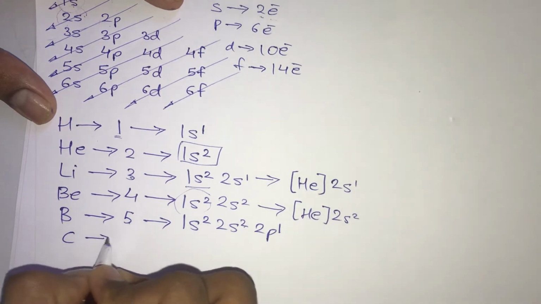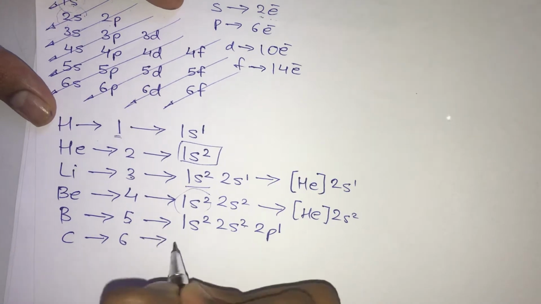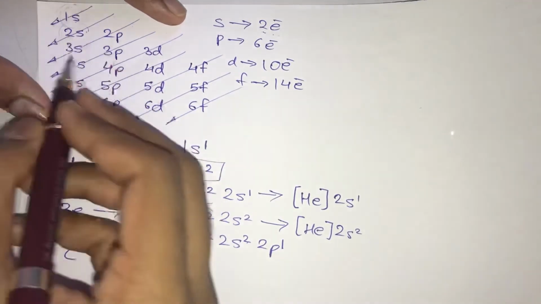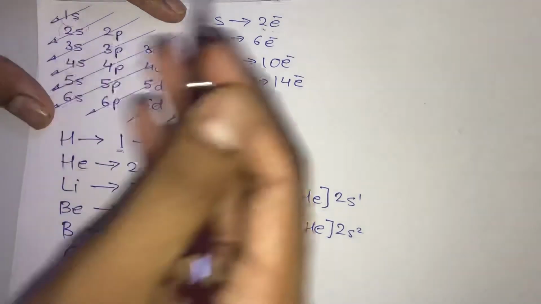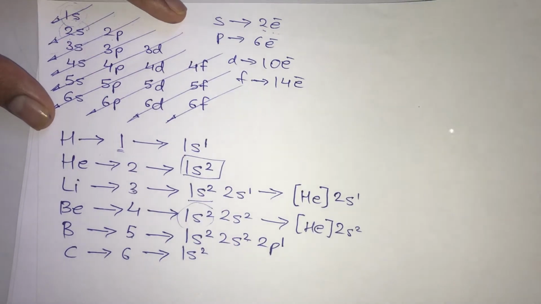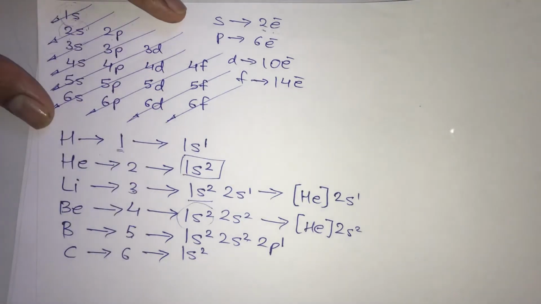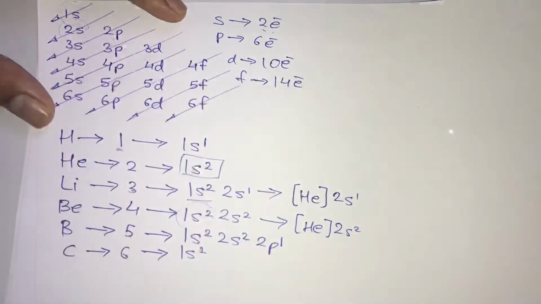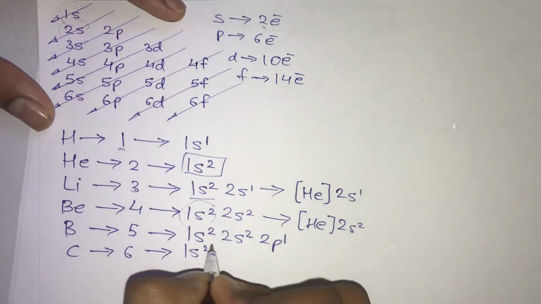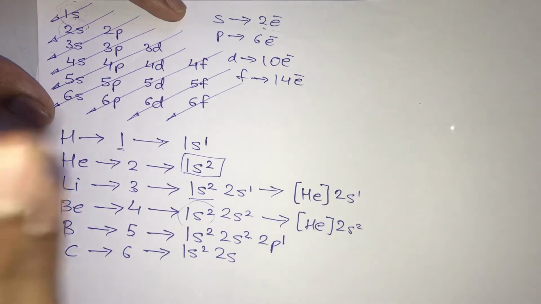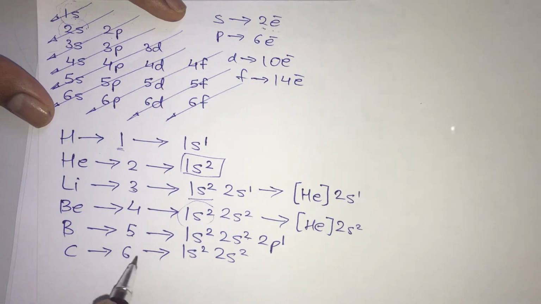Now further on, moving ahead to the next one, that is your carbon. Obviously the atomic number of carbon is 6. Now as we all know these 6 electrons are going to first go to the 1s. So 1s is going to take 2 electrons. Why? Because its maximum capacity is 2 electrons only. So the s subshell has a maximum capacity of 2 electrons. Now similarly we move to the next diagonal. Since 4 electrons are remaining, we move to the next diagonal where we meet 2s. So again 2s is obviously going to take a maximum of 2 electrons only. Am I right? So still there are 2 electrons remaining.